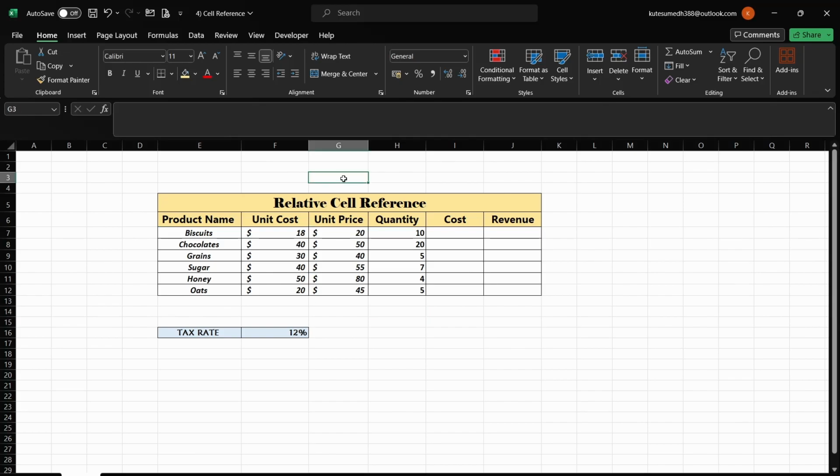These are called cells. So whenever I click on any cell, here is our name box, or the address box for the cell. It gives us a value that is written as one alphabet and then a numeric value. So what is it? When I click on any cell, here I have clicked the F3 cell.